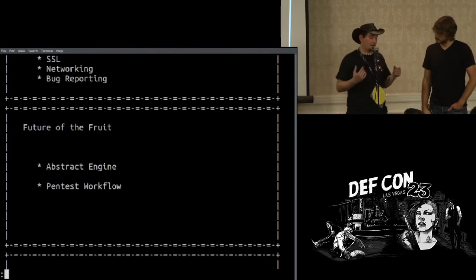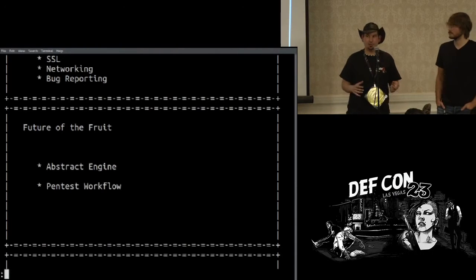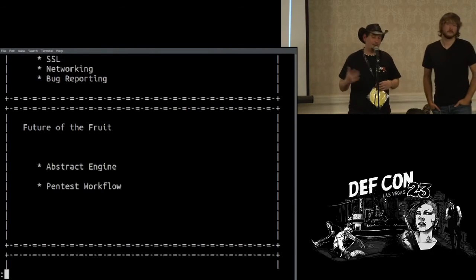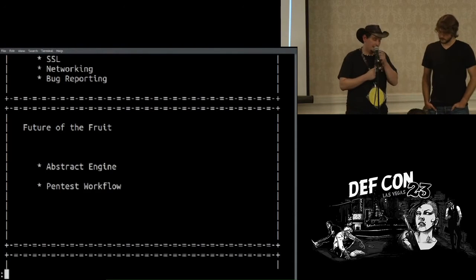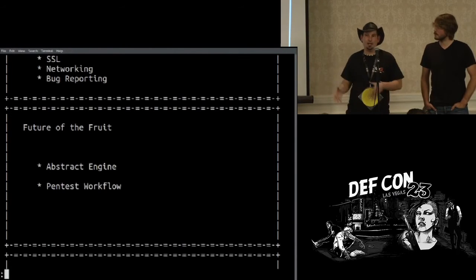Looking back at the 1.0 version of the Mark V, it's really grown a lot, and there are so many features now. If you've been with the project for a long time, you're probably very familiar with where all of those options are, and when you get a new version, you're clicking around and realizing that we've done a lot to make it easier. There are little help bubbles next to most of the big features that explain what they do and how they work. But our next emphasis, in addition to abstracting the engine, would also be on creating the pen test workflow,